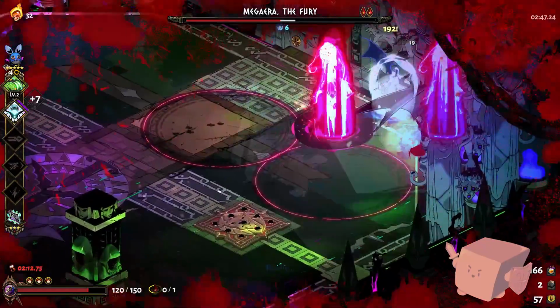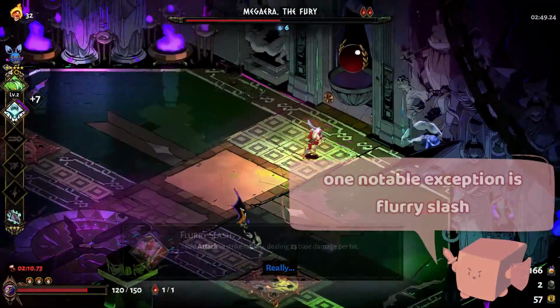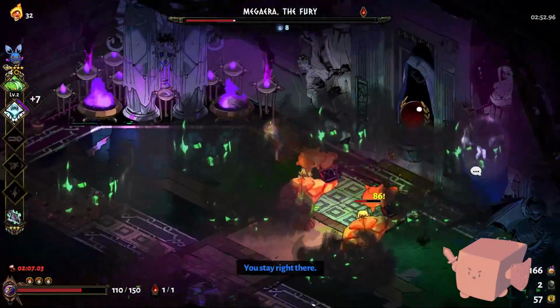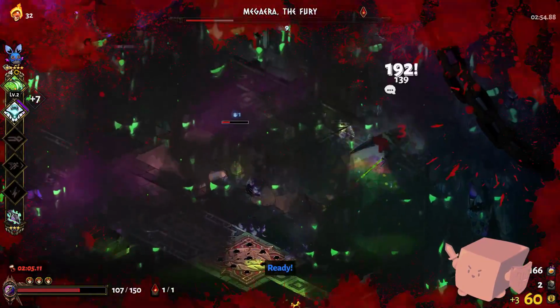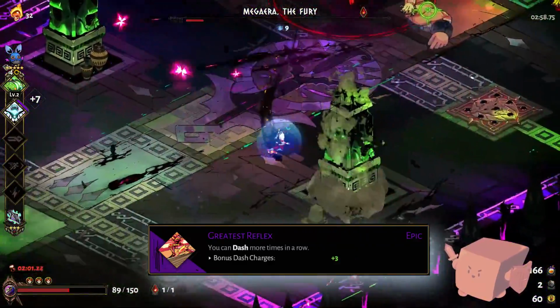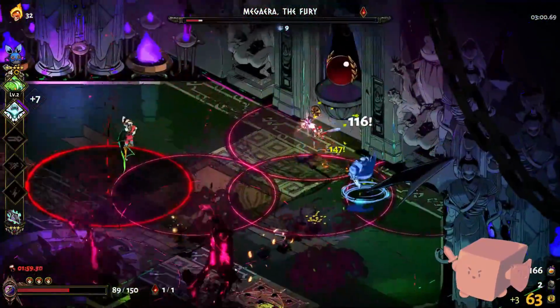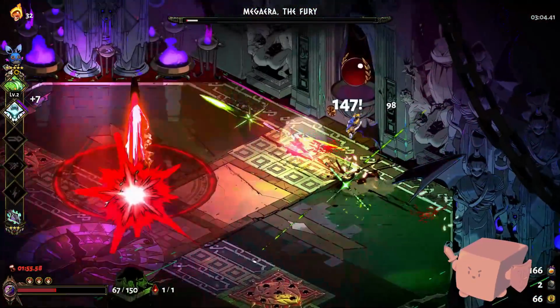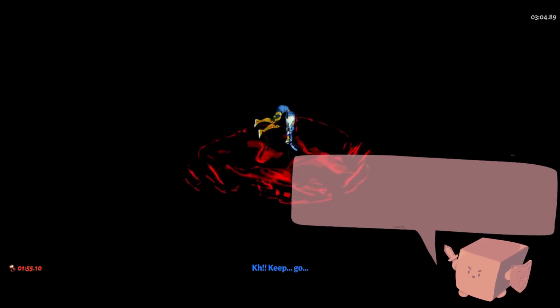First, dash strikes generally hit faster than normal attacks. You can chain dash strikes as fast as you can chain dashes. For example, if you get the greatest reflex boon from Hermes, you can chain 5 dash strikes before restarting the combo. Second, as you're dash striking in and out of an enemy, you're more likely to take advantage of backstab